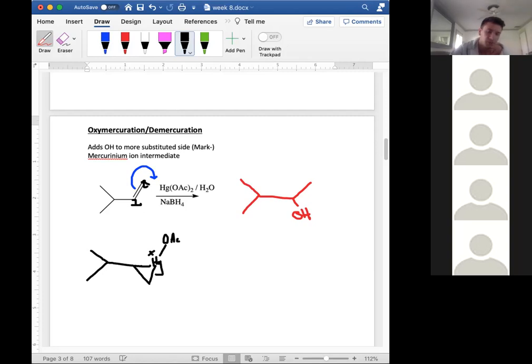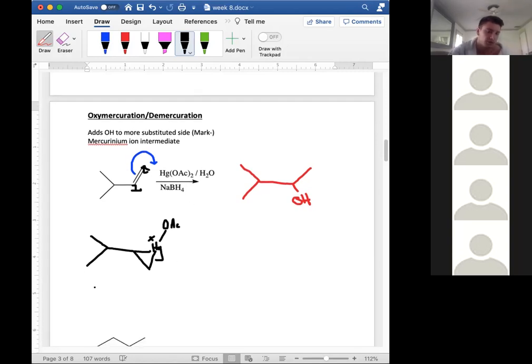That carbon is not stable, right? That water is going to come in and attack, right? So one of these is going to fracture. I believe this one's going to break. You get this, which is your mercury group. You see